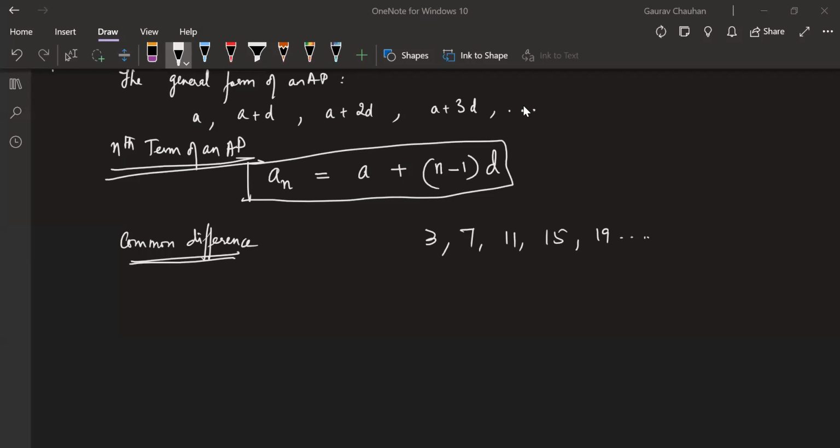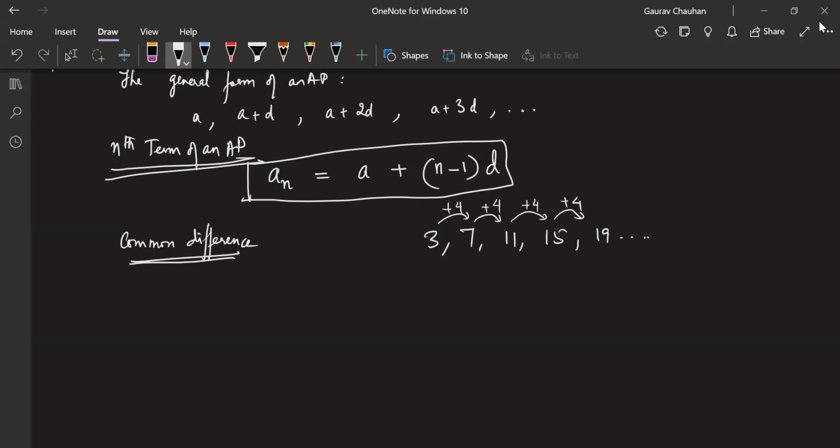Dikshit and Hemant MG and Nishchay are wrong. The common difference is 4. Correct, Dinesh. The common difference here is 4, right? So each step, there's a jump of 4. I'm adding 4 here, I'm adding 4 here, I'm adding 4 here, I'm adding 4 here.